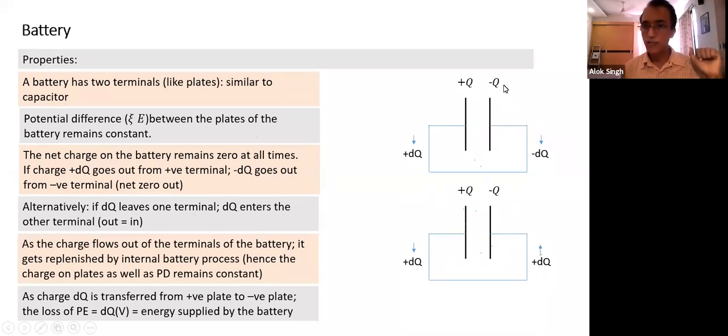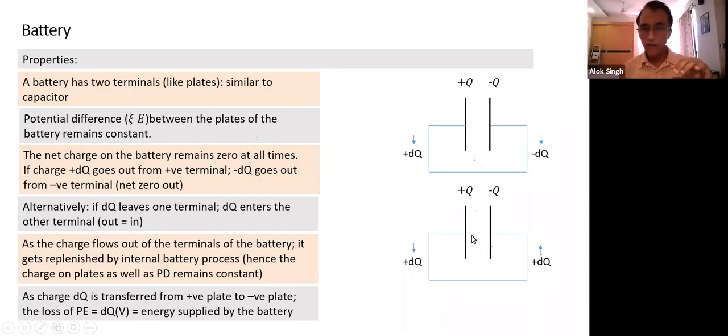So again, whatever state the battery was in earlier, with charge Q, now it has also come back to charge Q. So the battery has come to the same energy state. So where does this energy come from? It has supplied energy equal to dq into v, yet it still comes back to the same state. It means some internal mechanism in the battery has replenished that energy.